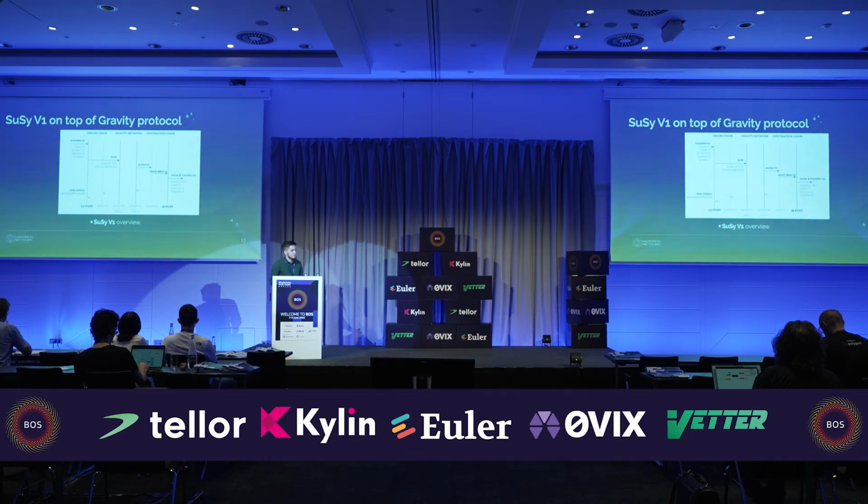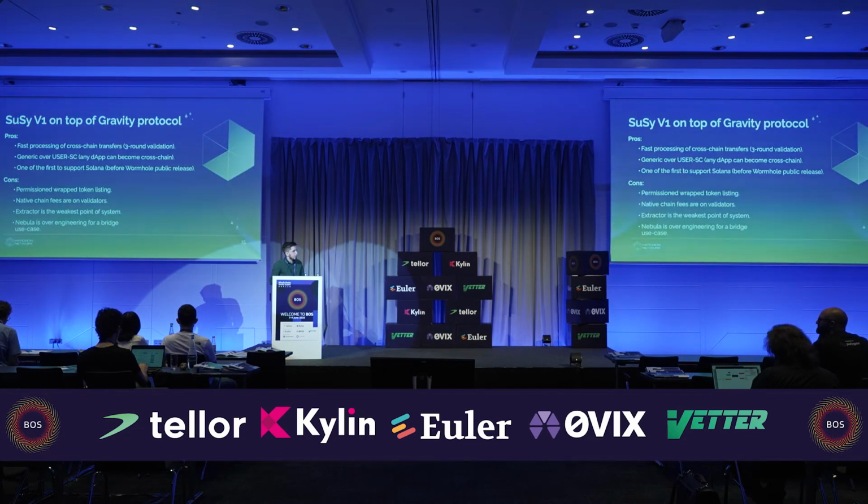It's worth mentioning that it has three important layers. We distinguish them as the network layer and the application layer. The application layer is called the user smart contract, and the LU port is the lock-unlock port, the IB port is the issue-burn port, and the extractor is the only source of truth here. The Nebula smart contract implements the behavior of a Chainlink keeper. Basically, it only processes transactions based on the input from the extractor, and it has proven that